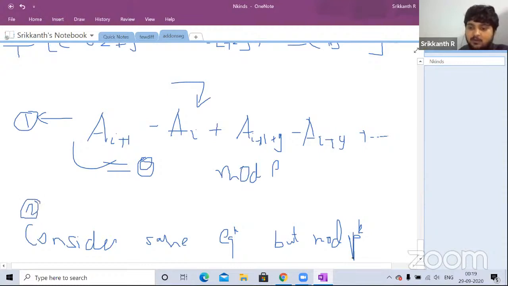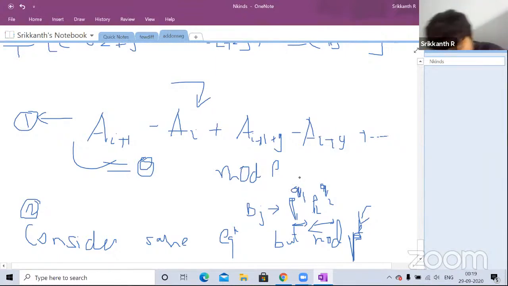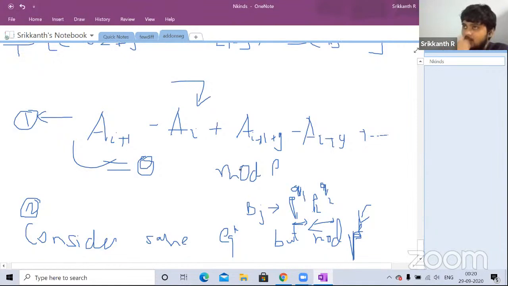So we need not consider every prime p and every prime power p^k, just those p^k that exist in some bj. So prime factorize all the bj's. If we have p1^q1, p2^q2, consider only these numbers. Consider p1, p1 square, p1 cube, and so on till p1^q1. Then consider p2, p2 square, and so on till p2^q2. So how many such numbers will you have? You'll have very few such numbers, because